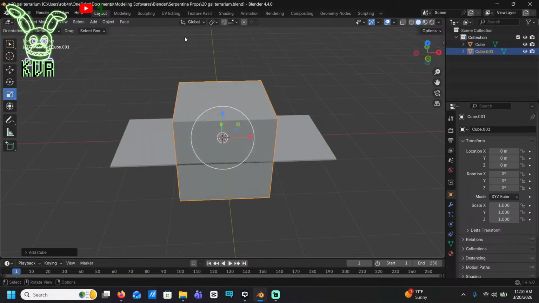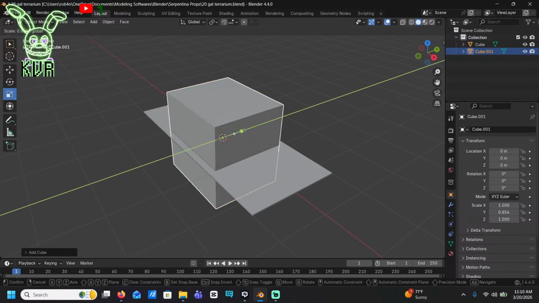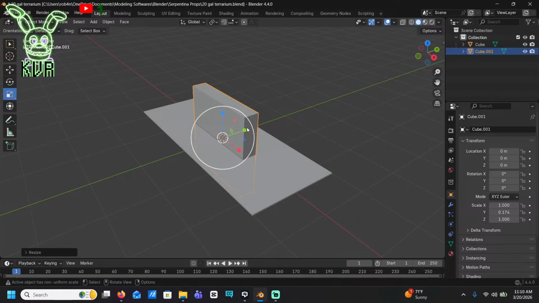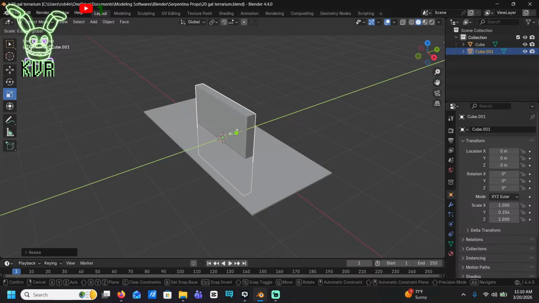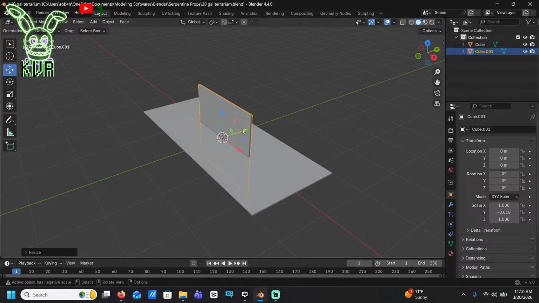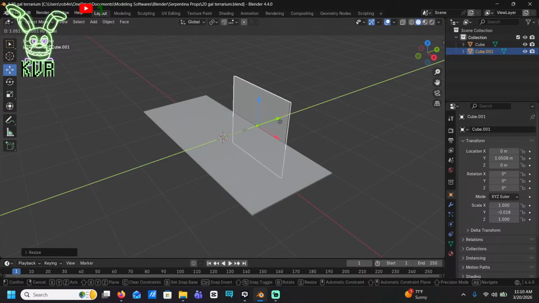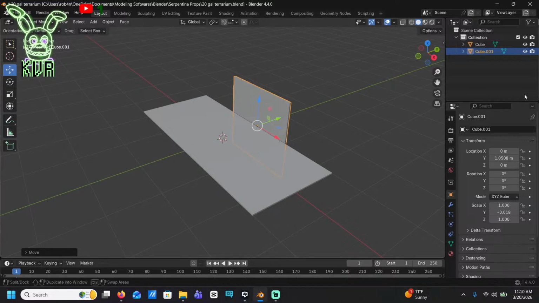Add a mesh, add a cube. Squeeze the cube. Condense that cube. There we go. I'm gonna rotate this cube 90 degrees on the x-axis.